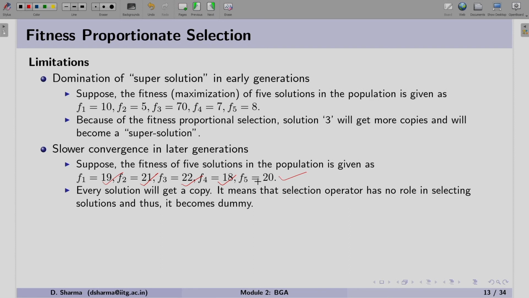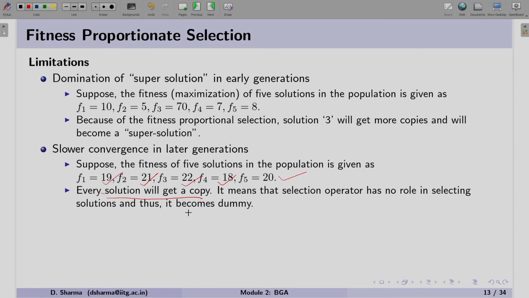So when we generate a random number and select the solution, you will realize that everyone will get a copy. It means that the selection operator is not performing anything and we are selecting the same solutions as we had earlier.